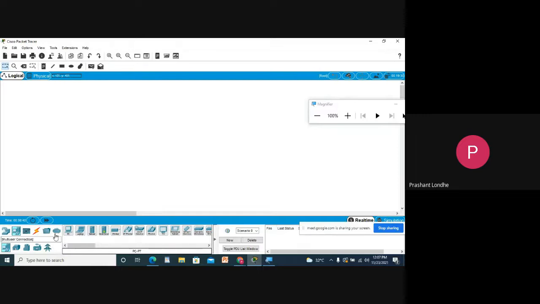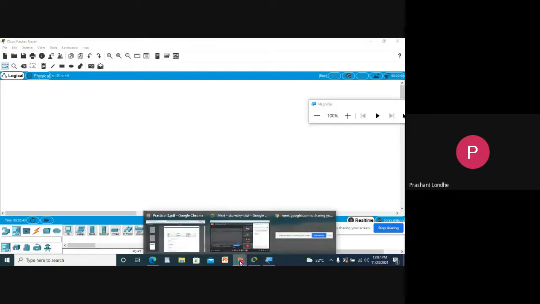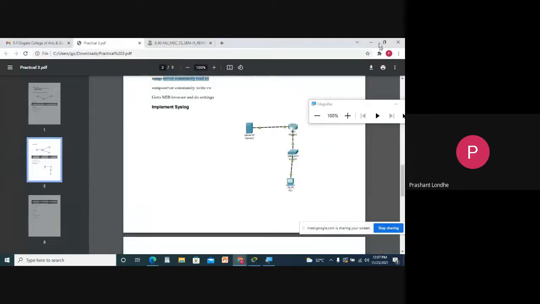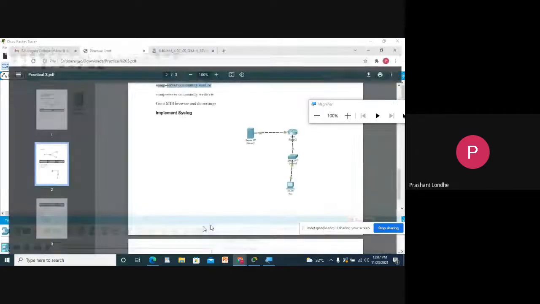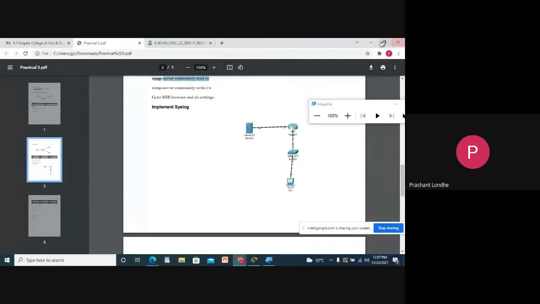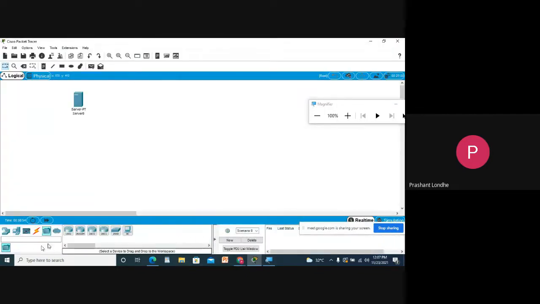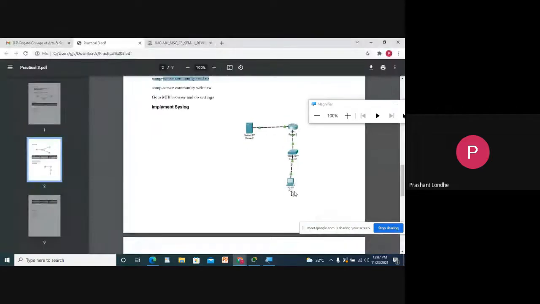So let us take one server. Here I'm taking one server. Then I need to take one router and one switch, and finally one machine.